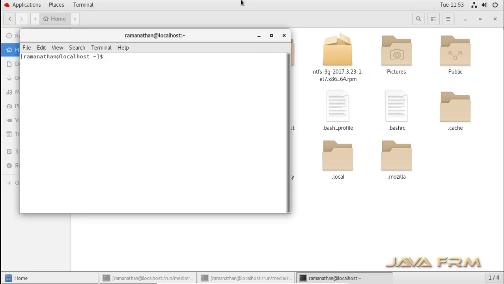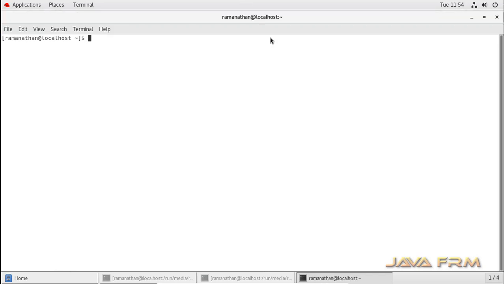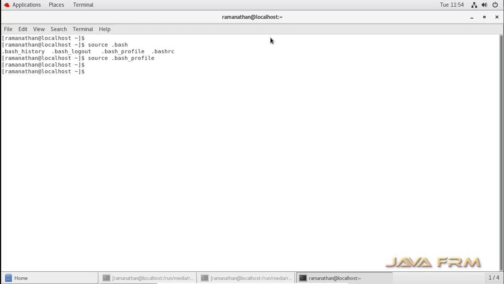Open the terminal there itself and run source .bash_profile. This source command loads the latest settings in the bash profile.